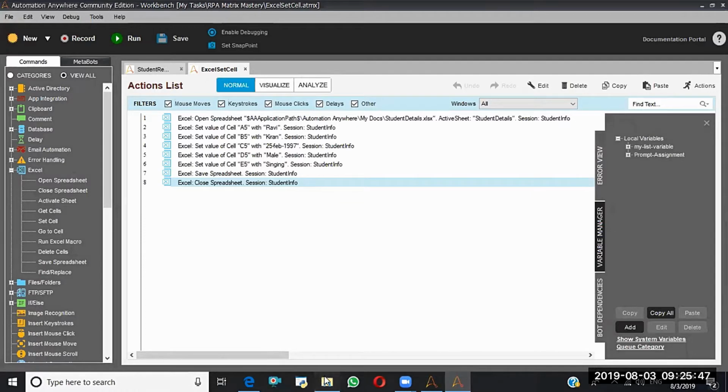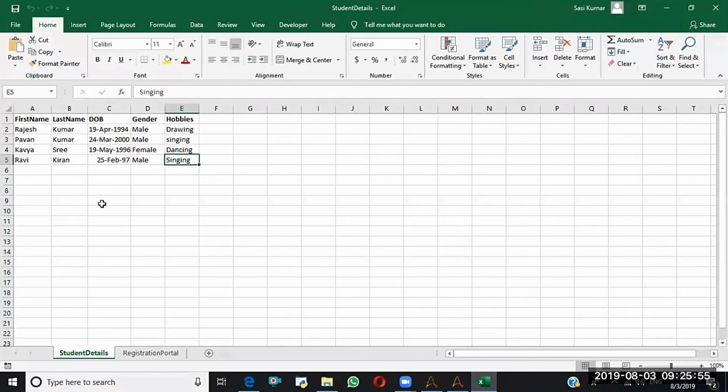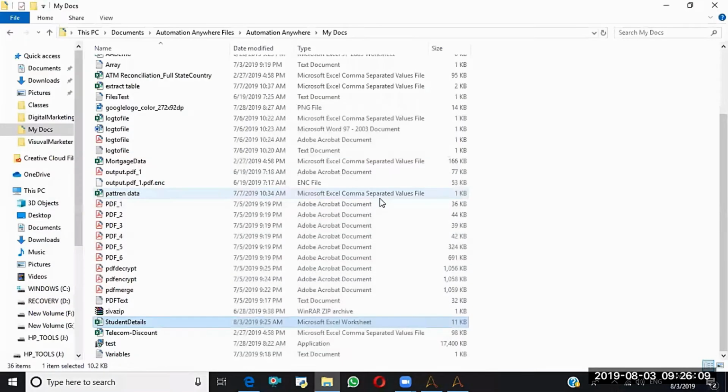The proof is, let me go and open this one. If you see this one, the fifth record has been updated here. Of course, this format is somewhat messed up. Whatever it may be, it has been updated. Like this, set cell will work.